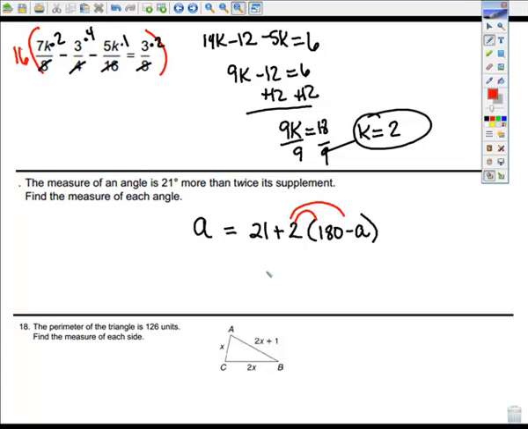We need to distribute the 2. So A equals 21 plus 360 minus 2a. Now this one is a little bit different. We do have variables on both sides here, so let's see if we can solve this. We'll be smarter than what they're thinking we are right now. So 21 plus 360 is